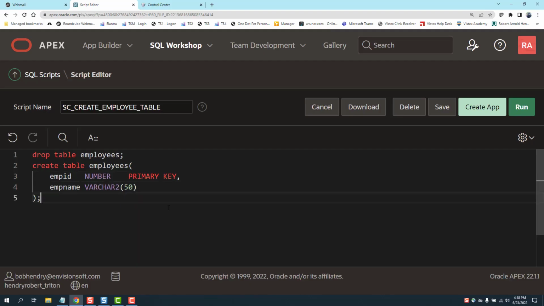There's a lot more to learn about primary keys, but this is just the basics. So when I say just primary key, it will not allow duplicate values for the employee ID. So if I insert, with the SQL statement, insert values 1 Bob, 1 is used,